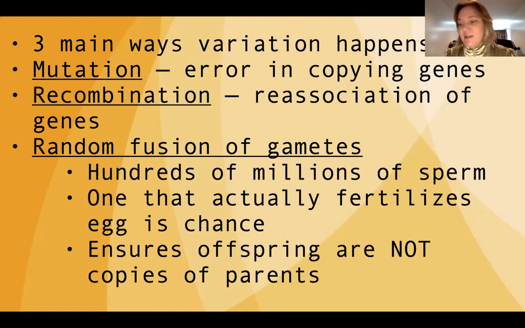copies of the parents. And I've said it since the beginning in biology, genetic variation is the key to the reproductive success of a species. If we are all clones of each other, especially when you have something like the coronavirus that comes out, if it kills one, it kills all. So genetic variation is hugely important for the survival of a species, because if random viruses come out into the population, it affects all of us differently, so there's a chance that some of us survive, some of us don't, but those who don't survive that particular virus will then have their genes taken out of the gene pool, which is the